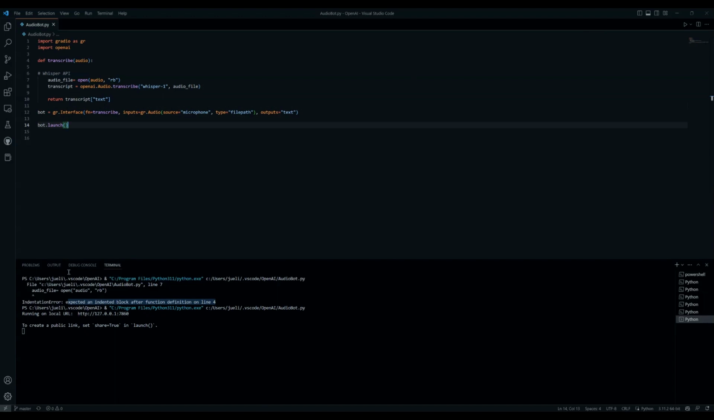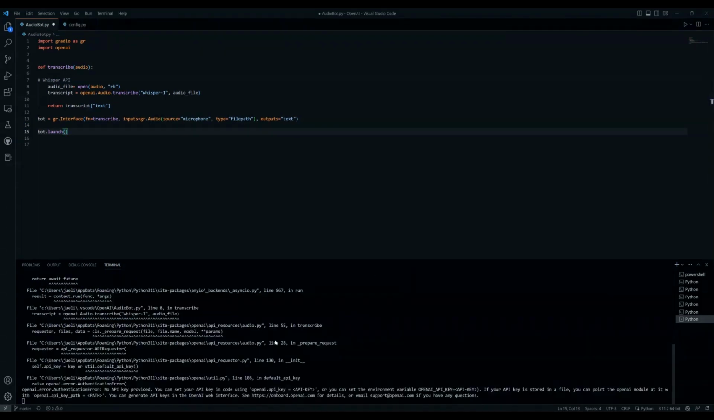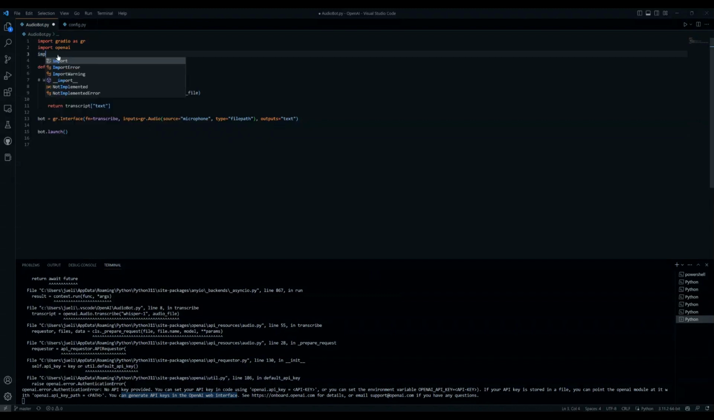Okay, it has run, and it says you can go to this URL. So let's read. We got an error here because I forgot to add my API key for OpenAI. I already had it in my config file, so I'm going to import config